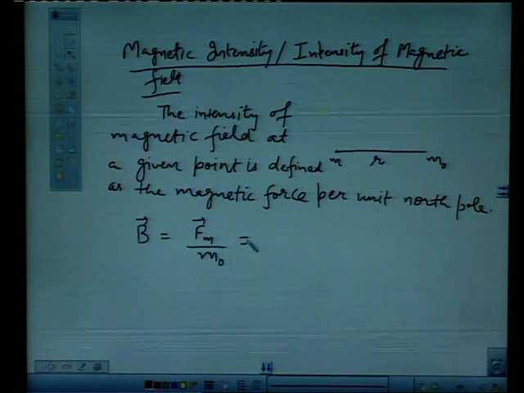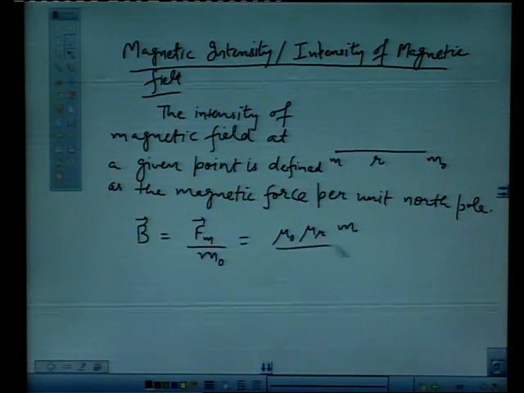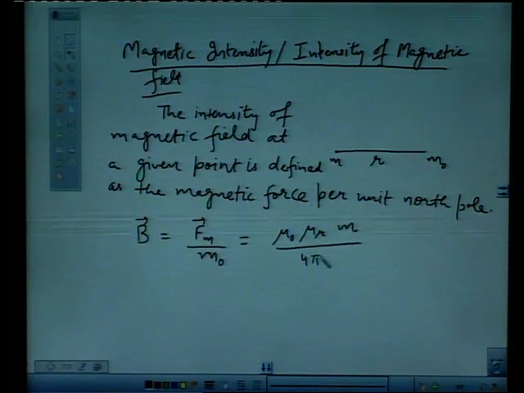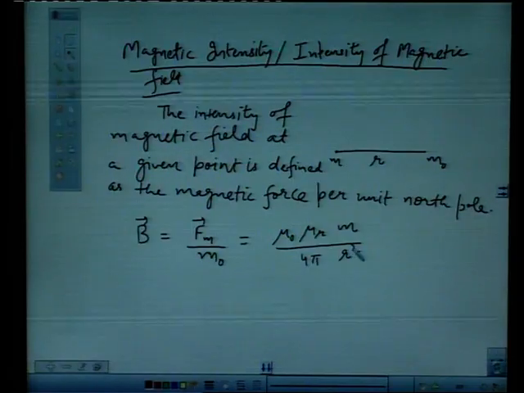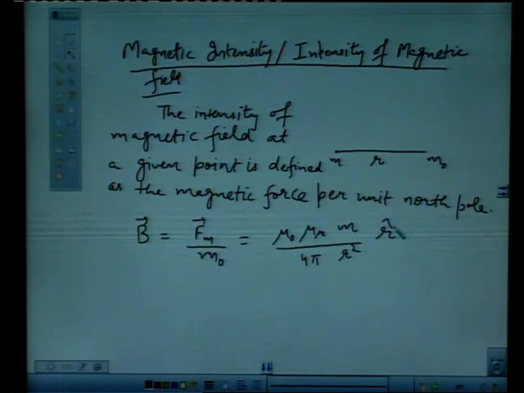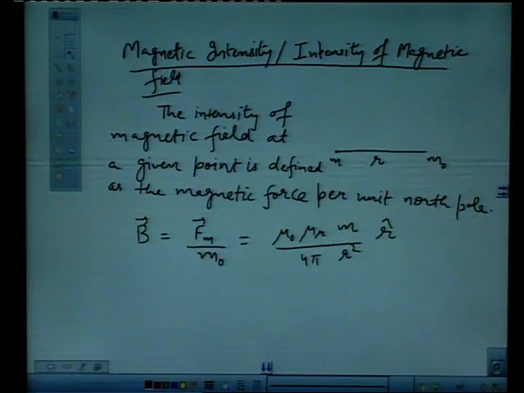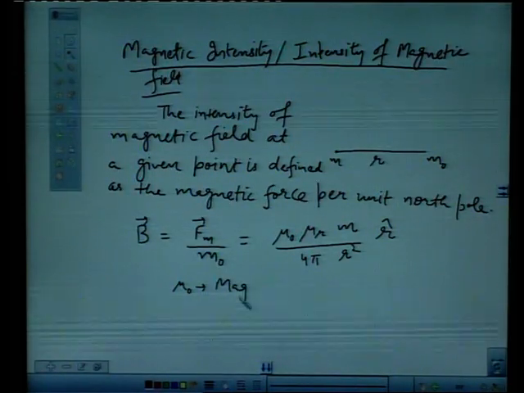This will be equal to mu naught mu r into m upon 4 pi into r square, into r cap, we can say. So, this is the definition of magnetic intensity in terms of magnet and distance r, and mu naught is called magnetic permeability